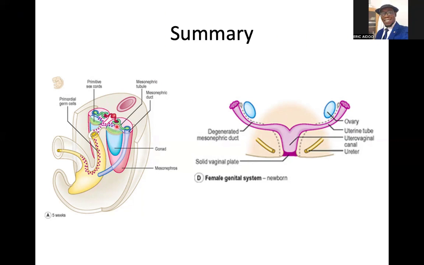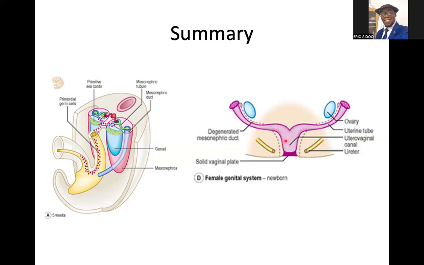Whatever will be left of the medullary portion is the rete ovarii. As for the cortical portion, everything goes away and it is replaced by a secondary cortical cord, which will be incorporated with the primordial germ cells, or the primordial germ cells will incorporate them, and then continue the development as follicles with oogonium. So the primordial germ cells become oogonium, and then the follicles will be the clustering of the secondary sex cords. Then we also said that the paramesonephric duct will join medially in the midline to form